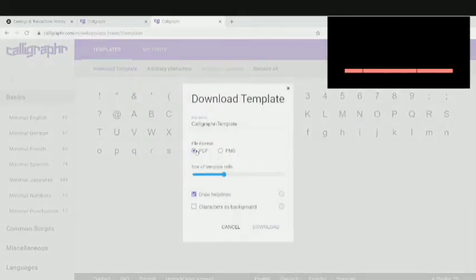So either you can download as a PDF, PNG, whatever file format you want to go with. You can either draw the lines, characters as the backgrounds. Yes, I want the characters as the background so that I can get the reference where I can draw my own characters. I need the lines so that it can work as a reference for me,